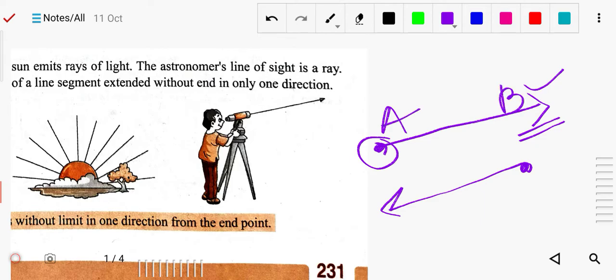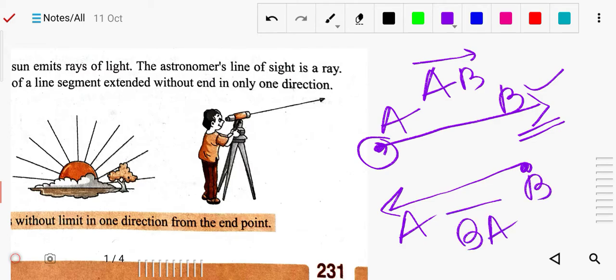So this AB means which side is your end point. Okay, which side is your end point? You will write first A and B like this. Suppose this is your A and B. So B is the end point here. So write B, A and this arrow. It means B is the end point and A is your